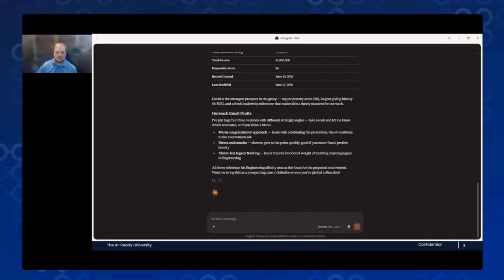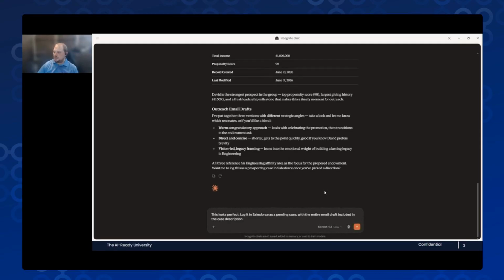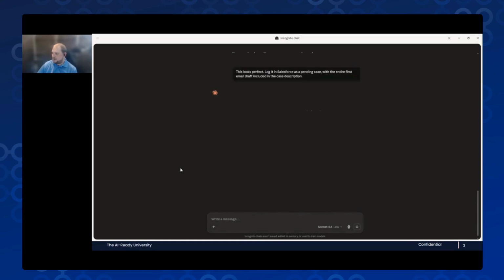We're going to do what it asked us, if we wanted to do this. We're going to say, this looks perfect. Log it in Salesforce as a pending case and write the entire first email draft included in the case description. We want to make sure there's a human in the loop touch point here.